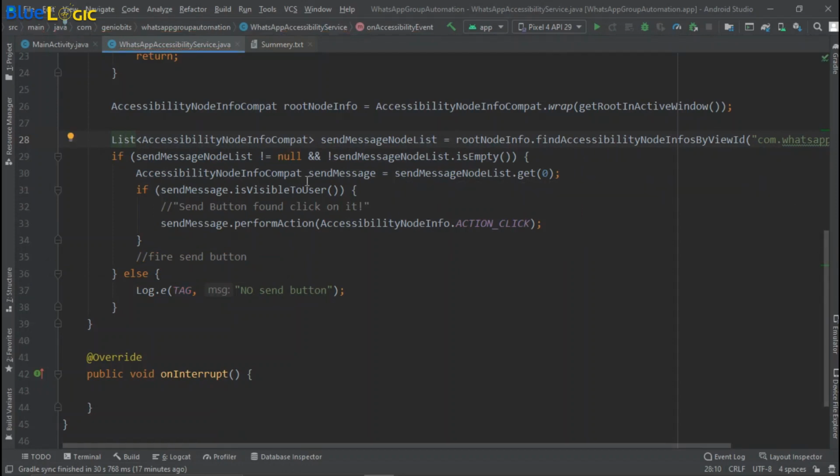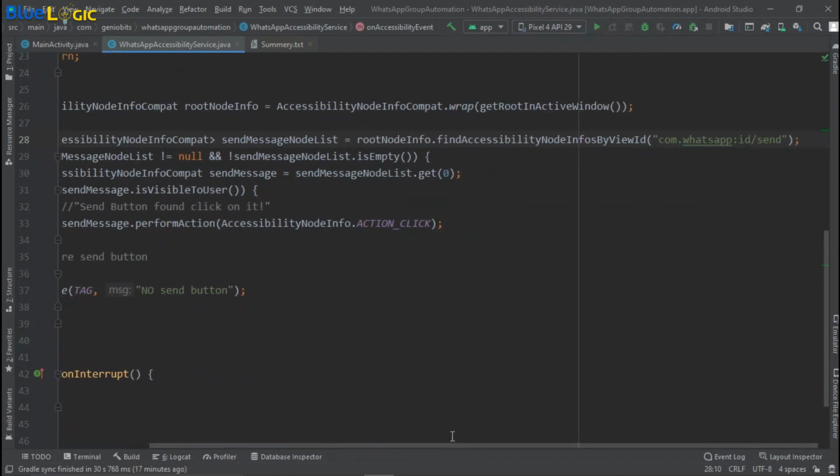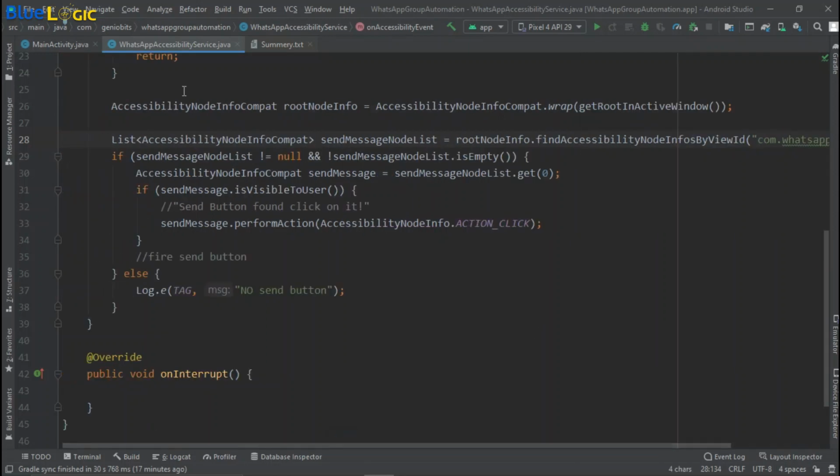So first thing what this code does is it gets the node whose ID is sent. Okay, and then all the list it maintains in this variable, and then here I have checked if send message node list is empty or not null, and then what I did is get the first node from this list, which will be the button to send a message, and then I check if send message is visible to the user.